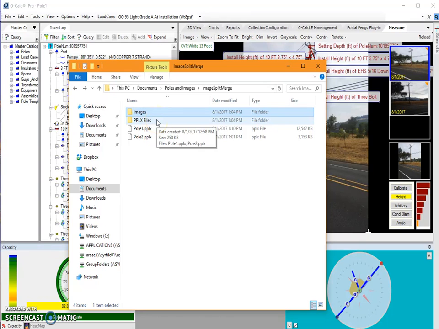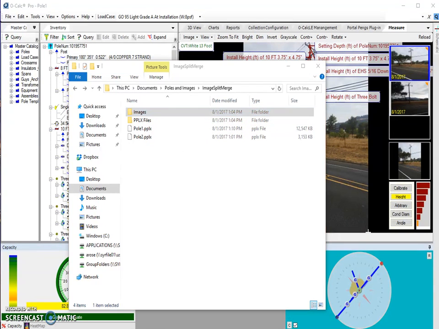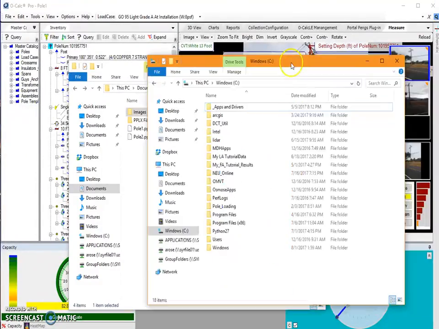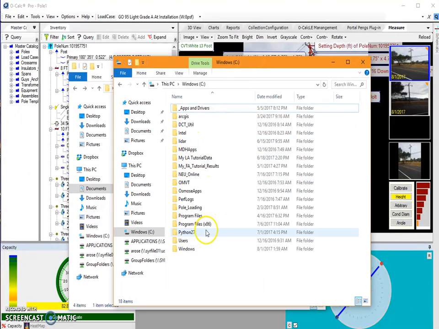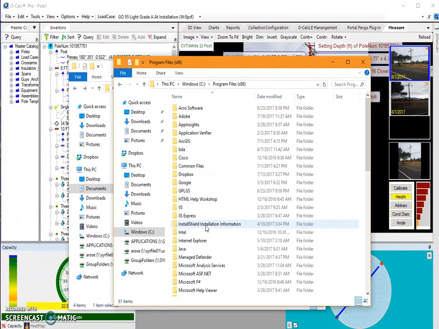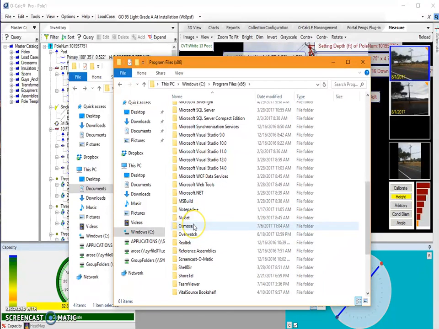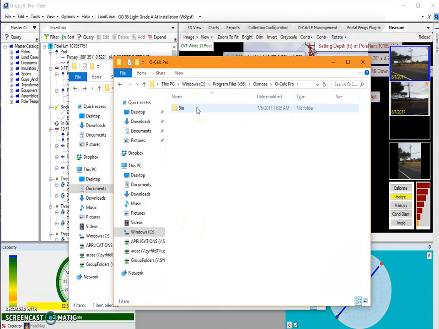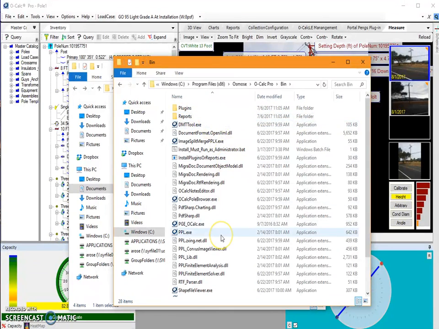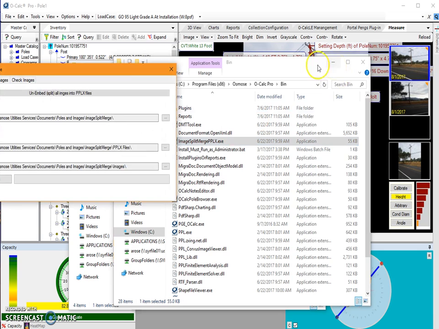Now as far as accessing this tool, I'm going to navigate to my C drive, which I've brought up here, and I'm going to go into my Program Files (x86), down to my Osmose folder, under O-Calc, under bin, and these are all the items that are included with your O-Calc Pro installation. O-Calc Pro itself is this executable called PPL. This particular utility, the Image Split Merge PPLX tool, can be launched here by double-clicking on that executable. So I'll minimize this folder